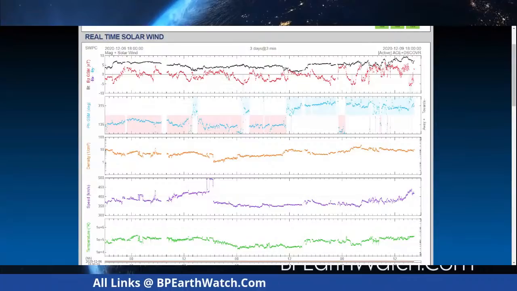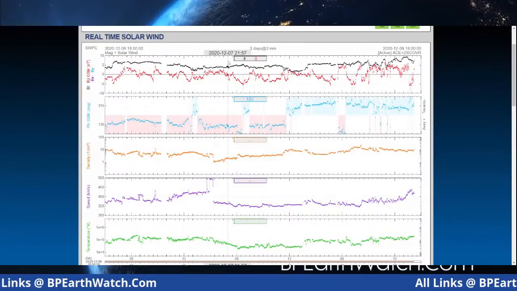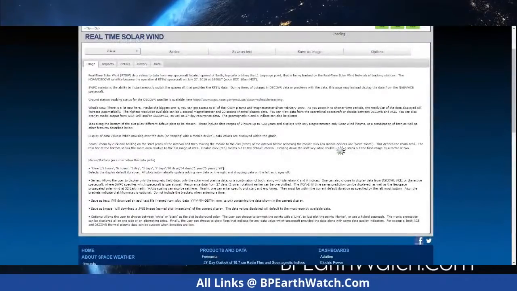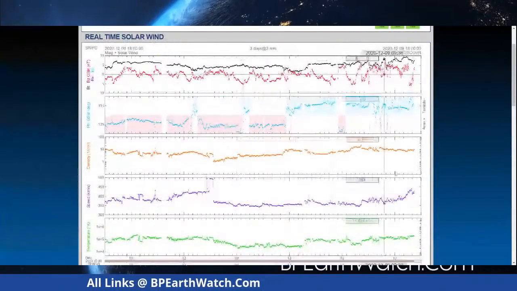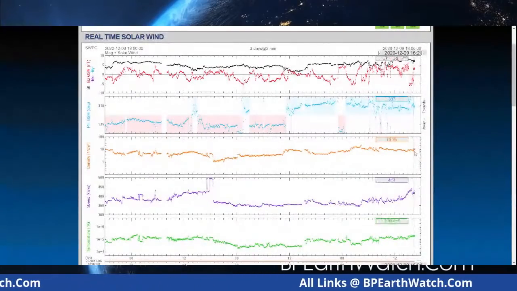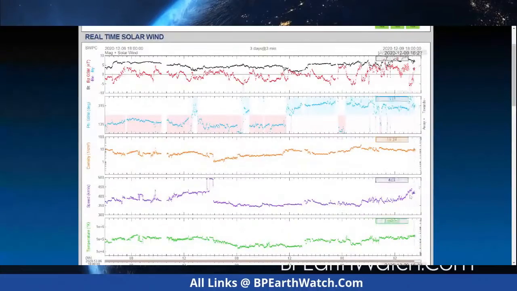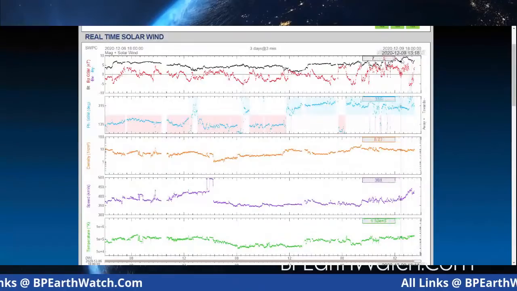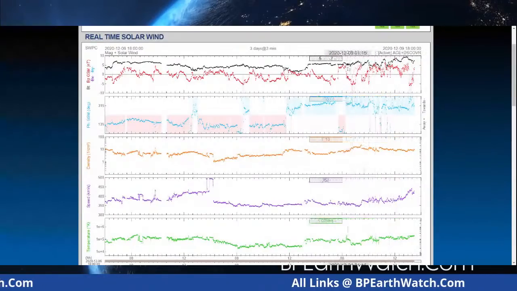Now, again, let me refresh this particular page, and that's what you want to do when you go there and check this thing out, and then it will give you any updates. And it gives us a few more dots here. You can see density, again, temperature, speed, density, and our magnetics. And you're seeing some pretty good spikes right now, and you can feel that.